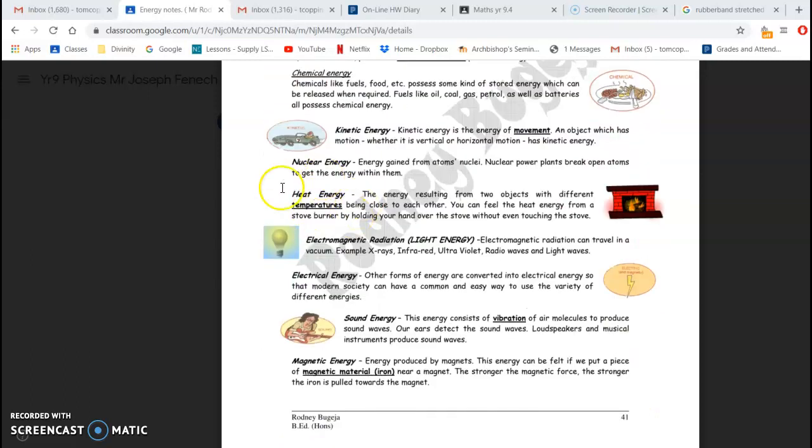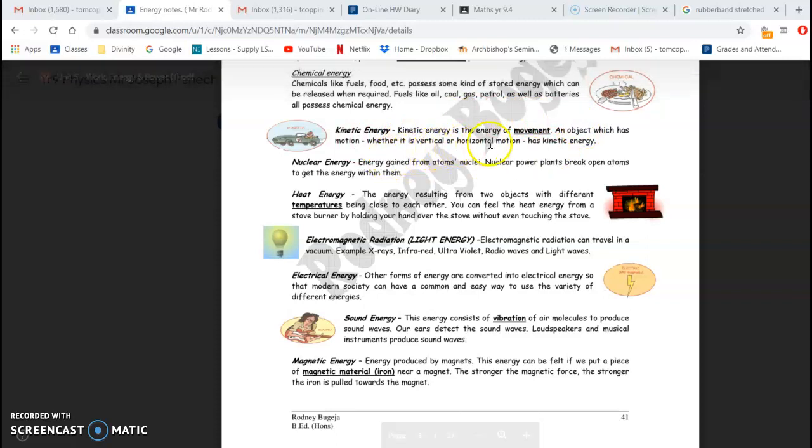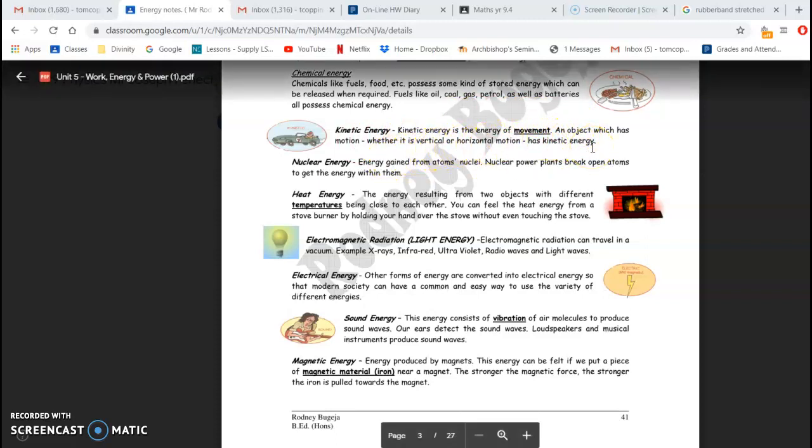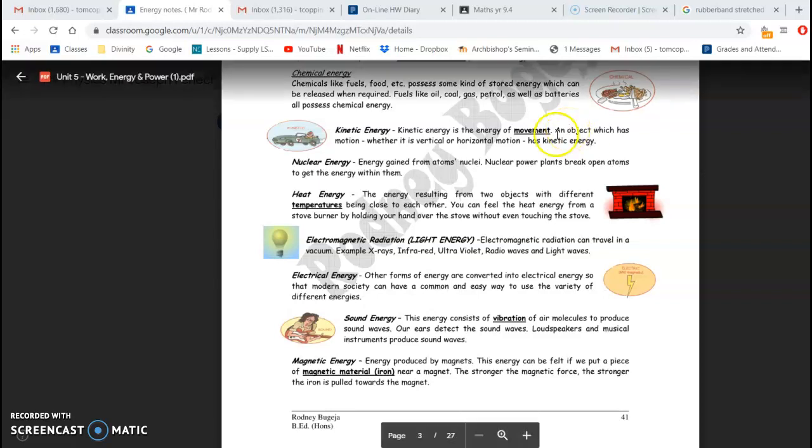Now another form of energy is kinetic energy. It is the energy of movement. An object which has motion, whether it is vertical or horizontal motion, has kinetic energy. So anything that's moving, a car, even if you're running, even if there's a plane flying, that's using kinetic energy because it is moving. Now we have nuclear energy,